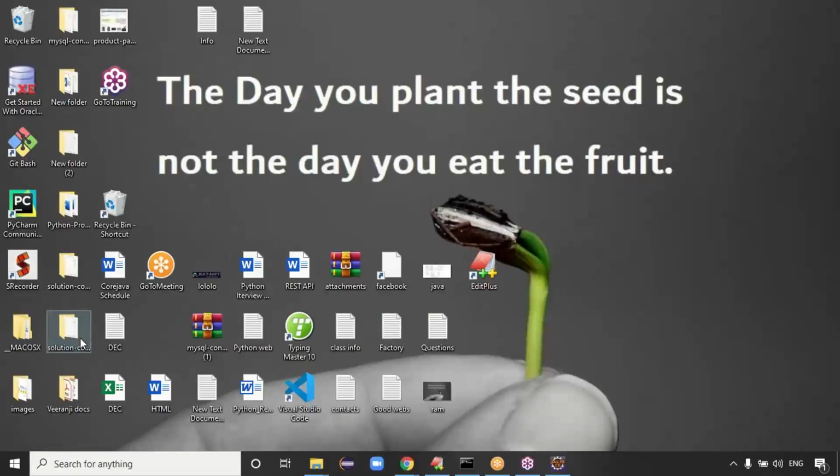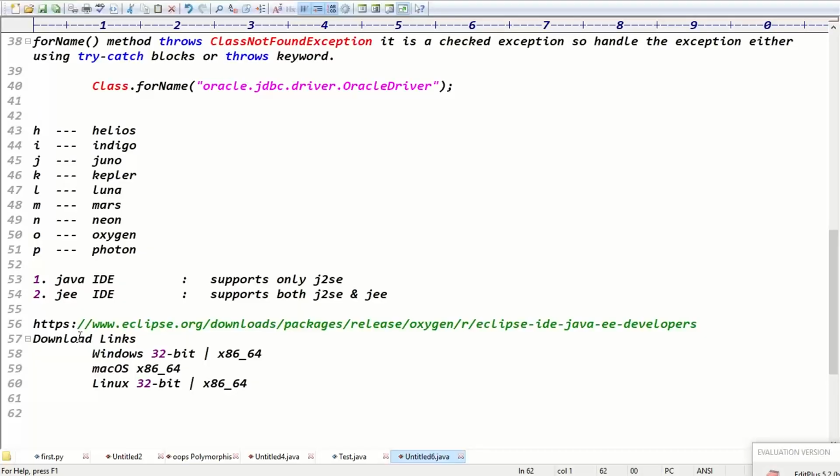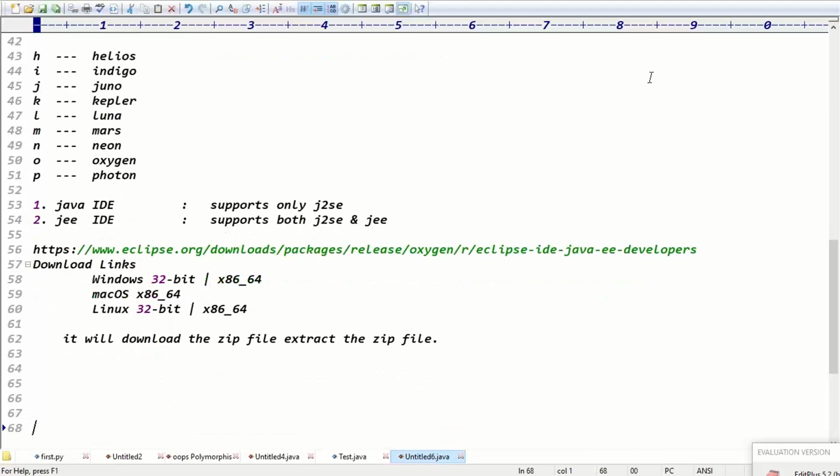Once the downloading completes you get a zip file. There is no installation process. Directly download the zip file and extract the zip file. It will download not an exe file, it will download a zip file. Extract the zip file, guys. Once we extract the zip file,